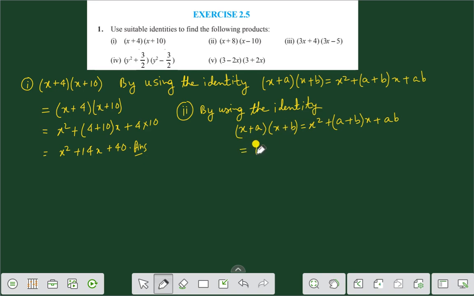Here you see it is (x + 8) into (x - 10). Therefore we are getting